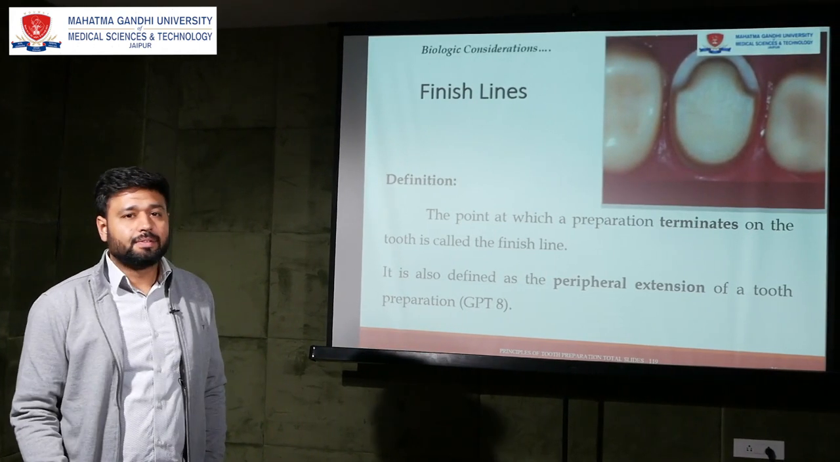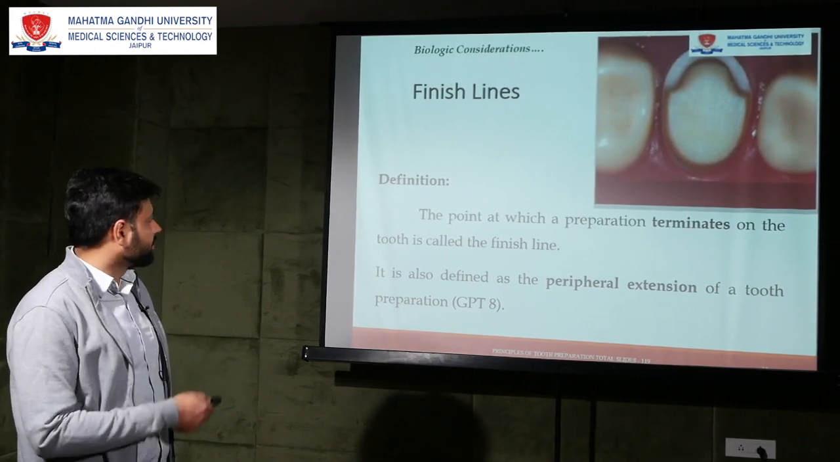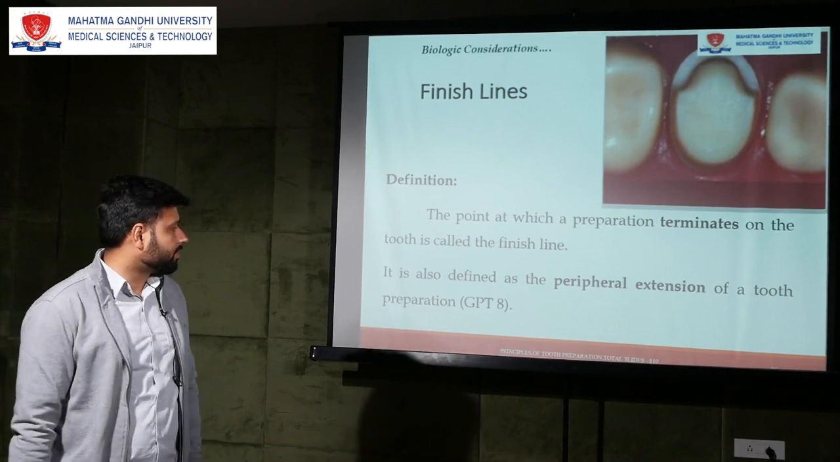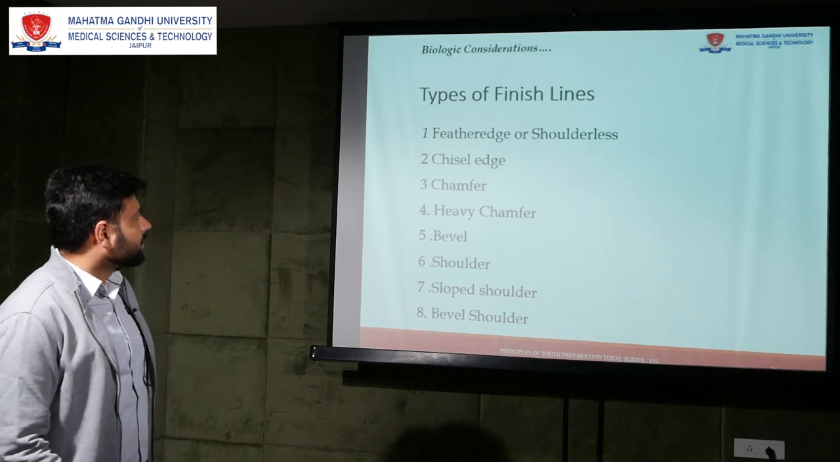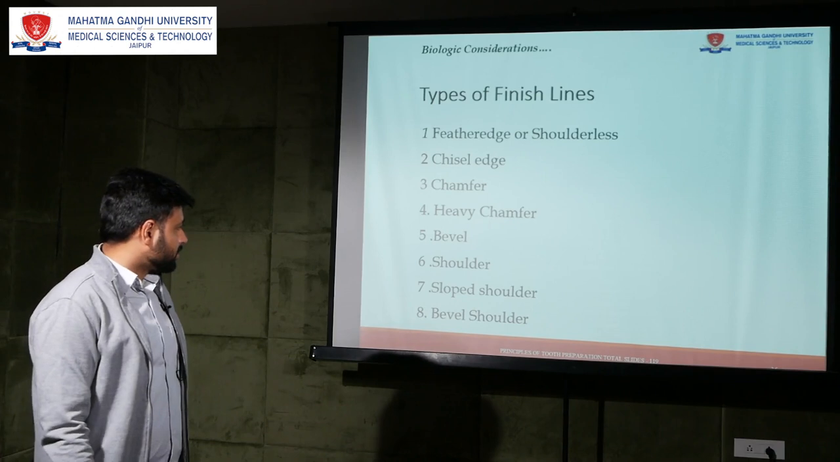The finish line is defined as the point at which a preparation terminates on the tooth, and you can see that in the diagram also. There are well defined margins, and it is also defined as the peripheral extension of a tooth preparation. The types of finish line we have are: feather edge, chisel edge, chamfer, heavy chamfer, bevel, shoulder, slope shoulder and